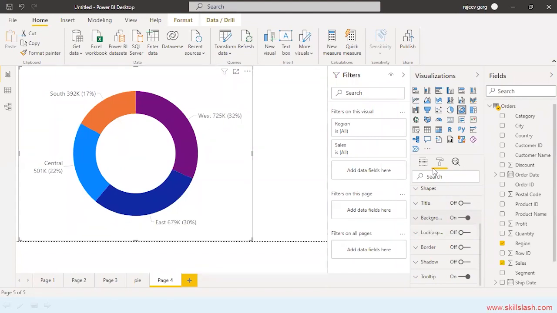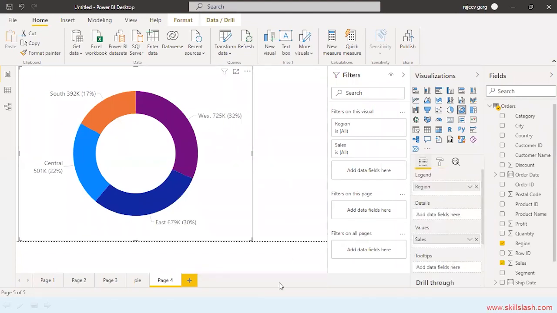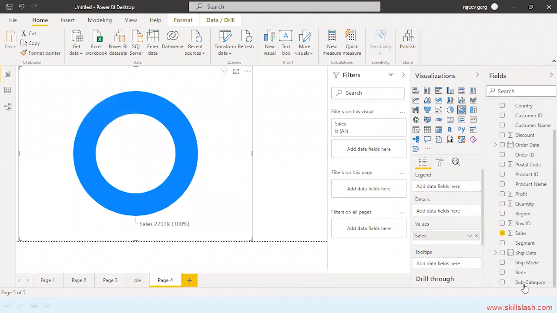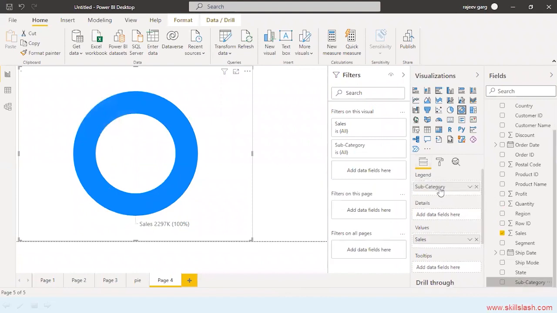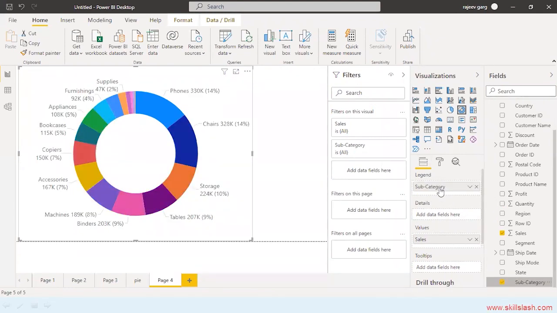And suppose here I am giving the region wise bifurcation of the sales. Let me try to put it on the basis of subcategory. So let me remove the region and let's put subcategory over here. So you are getting the subcategory wise bifurcation of the sales over here.